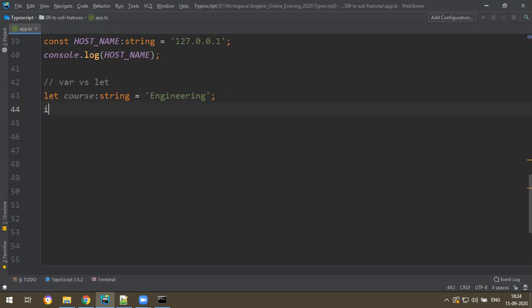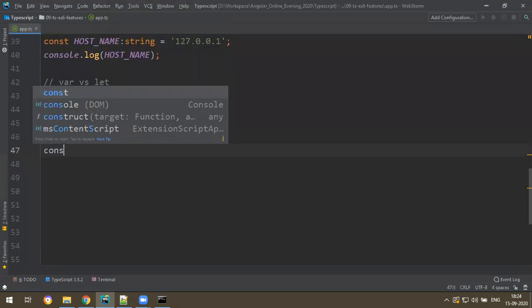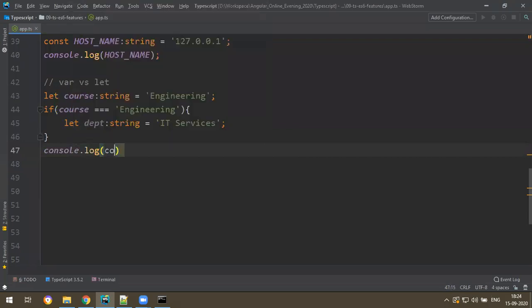Now I write an if condition, if course is equal to engineering, I say let department is equal to IT services or something, IT services. Okay, fine. And now tell me, I write console.log of course, not courseName, just course.